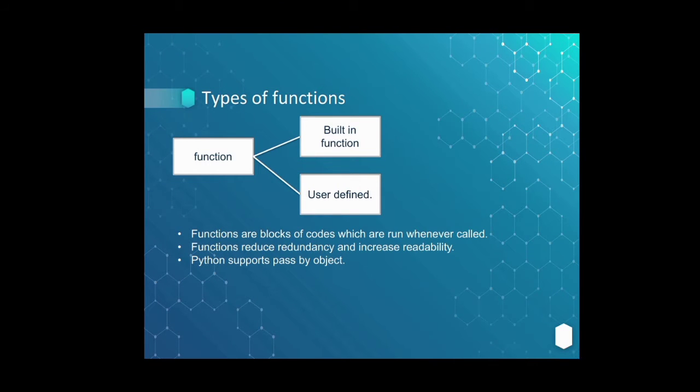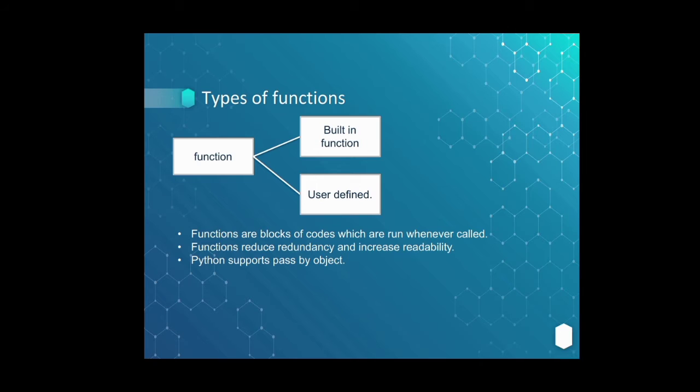As in this slide, you can see the types of functions and some points. Let me elaborate those points. Mainly, functions are blocks of code which perform a certain particular task, and they can be run whenever they are called. Means if you want to add or multiply a group of numbers, you can directly call a function called add and enter the variables in it.